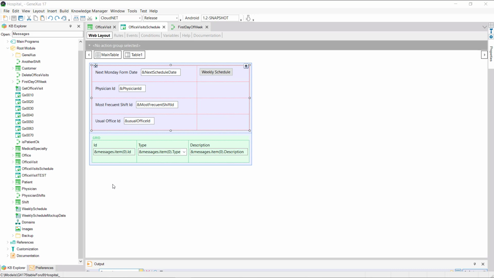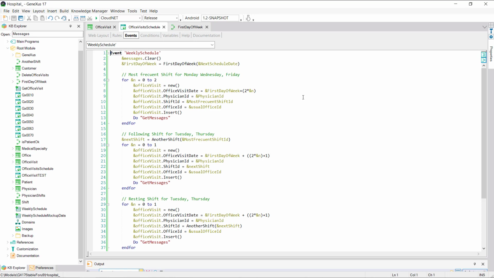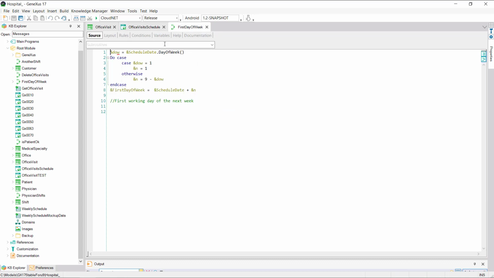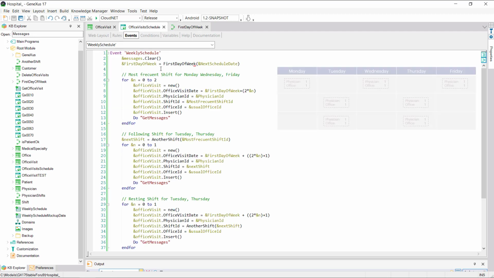Here we implement the requirement with a web panel where we ask the user for the data. Here, we'll show the resulting message collection. And in the event, we first clear the message collection that would have been shown in a previous execution. Call this proc that returns for this date the date of the following Monday. And instead of asking 7 times for memory for the variable, assigning the corresponding elements for each one, and doing insert,